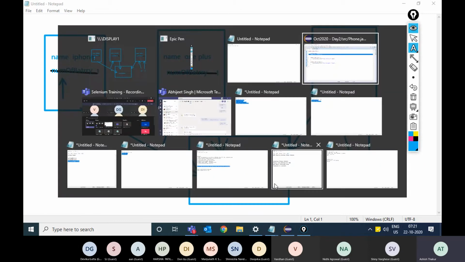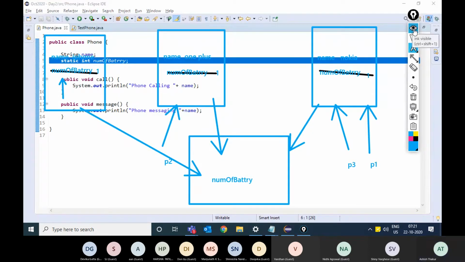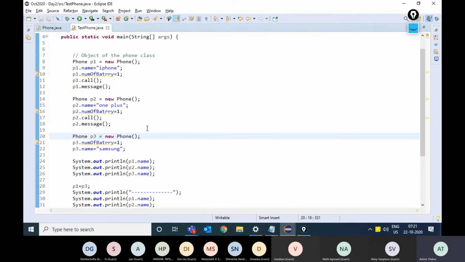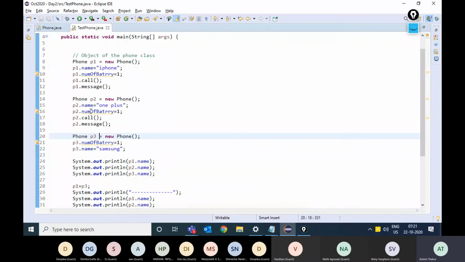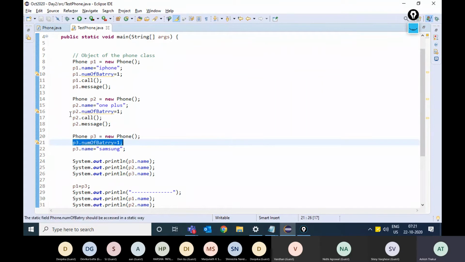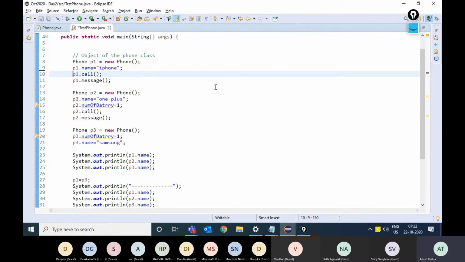All right, you can access this variable. You see in the test, when you are accessing this variable, you will get yellow warning signs that this is a static variable. Don't try to access it with, it's not an error, yellow is a warning. It basically means that this is a static variable. It is not the part of the object, so please don't try to access it with the reference. Okay, you should not be accessing it like this.